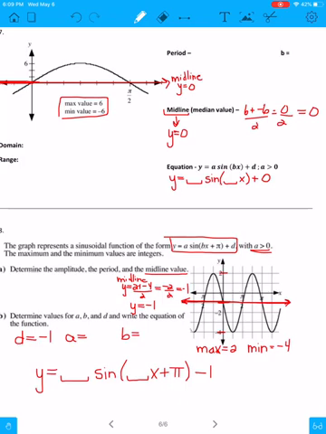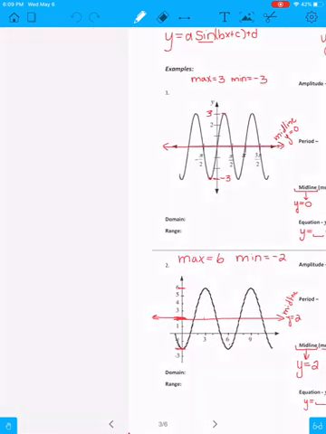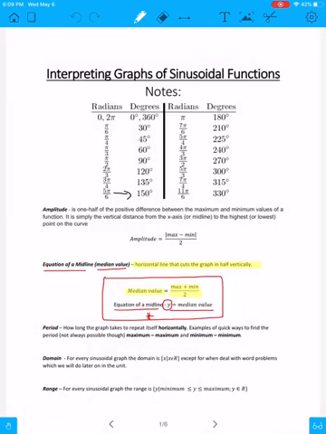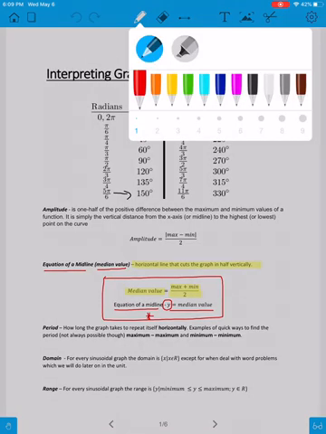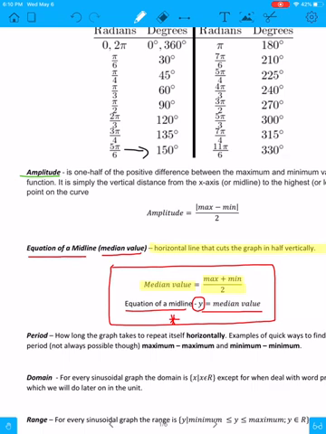Now we're going to go in and get our amplitudes. So we're going to go back to page 1. Okay, so amplitude. I'm going to use a different color for amplitude. I'm going to use green. Okay, so amplitude. Amplitude is 1/2 of the positive difference between the max and the min